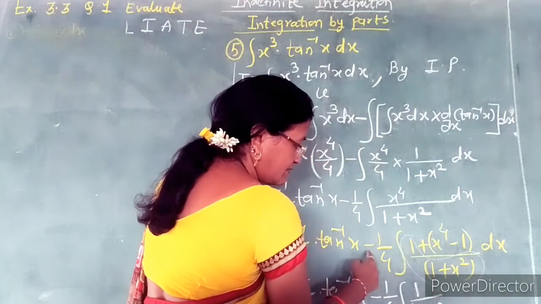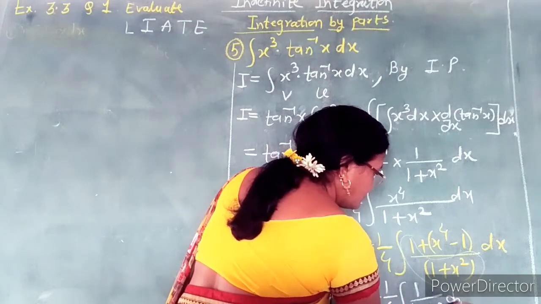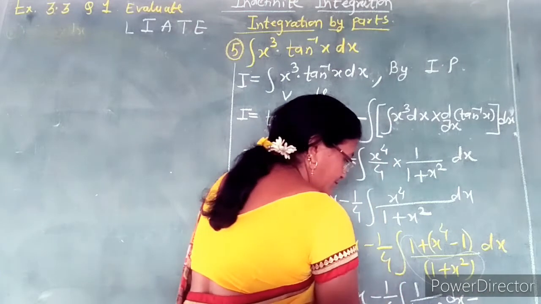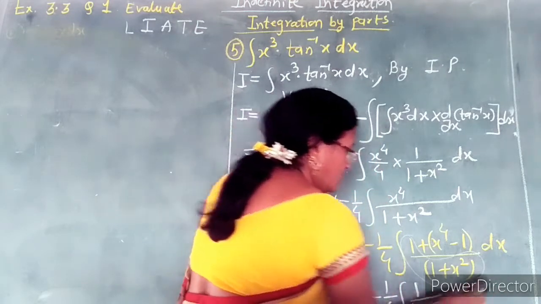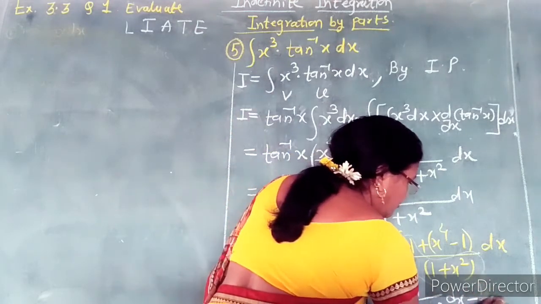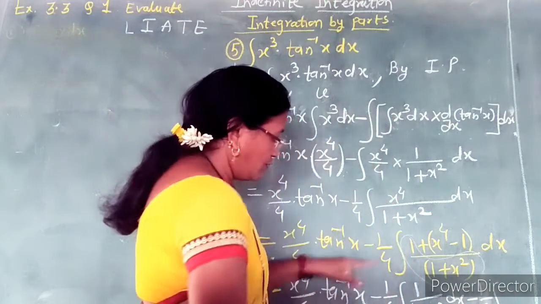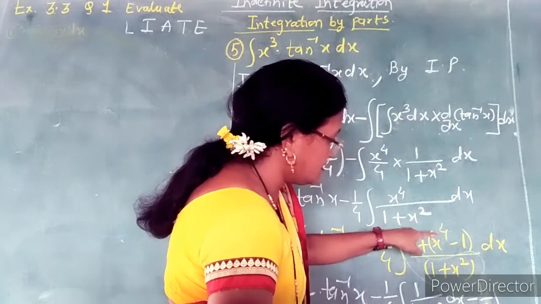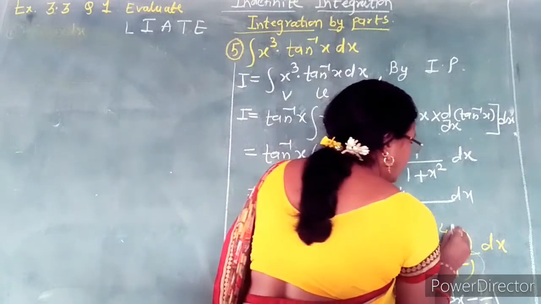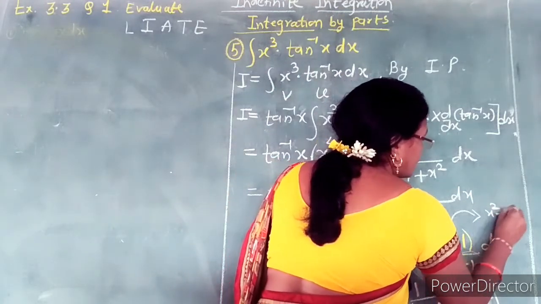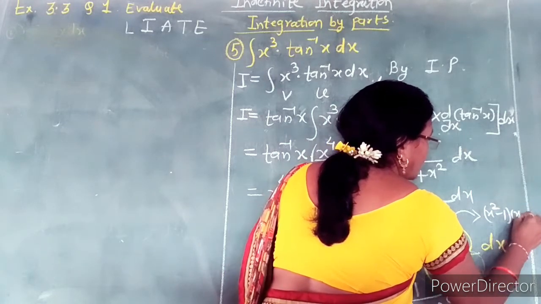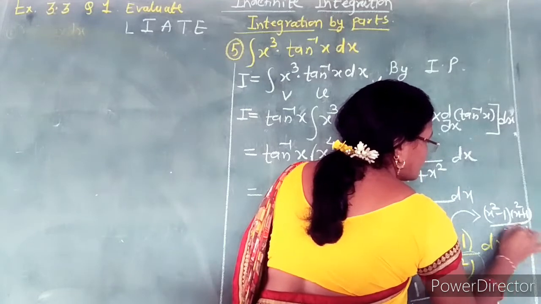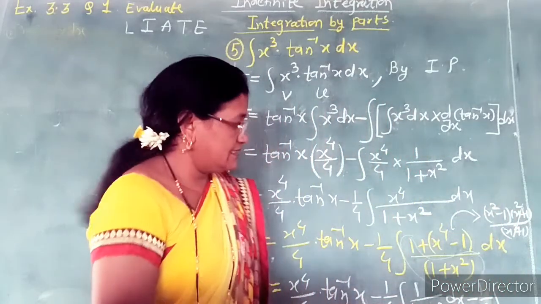1 upon 1 plus x square, this is the minus sign; this completes the first integral. Now for the second integral, this minus sign is here. The integration, with the constant, is again the same 1 by 4. For the second integral, minus 1 by 4, this is divided by this, so we take the factors of that term, x square minus 1 and x square plus 1, which is divided by x square plus 1. So that factor can be cancelled out.